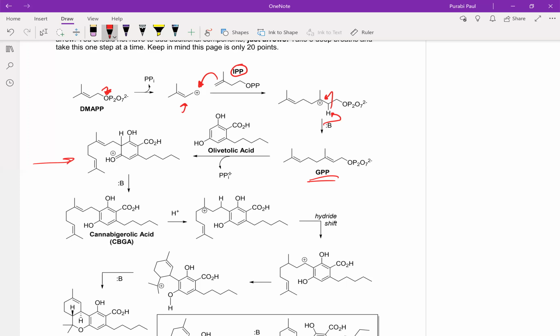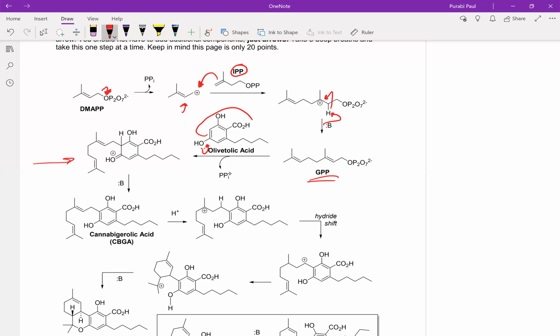So this GPP reacts with this olivetolic acid to form this intermediate right here. The way that works may look very familiar to you. This is electrophilic aromatic substitution, and you may know that in electrophilic aromatic substitution, electron donating groups direct ortho-para, whereas electron withdrawing groups direct meta, right? For this particular olivetolic acid, you have two electron donating groups, and they will attack from this carbon because it is ortho to both of the donating groups. So the way you could draw this mechanism is push down the electrons, not from this one, push down the electrons, and this will go ahead